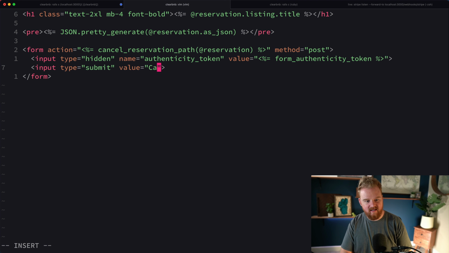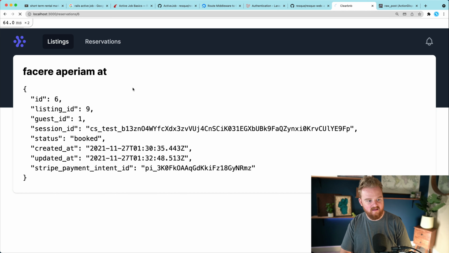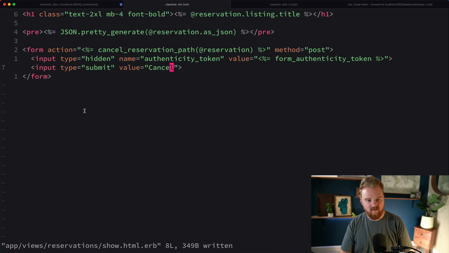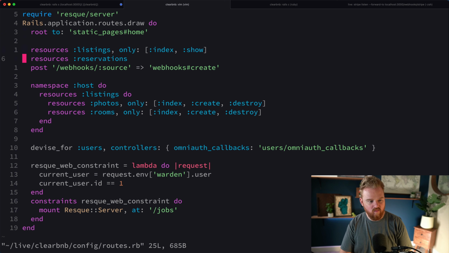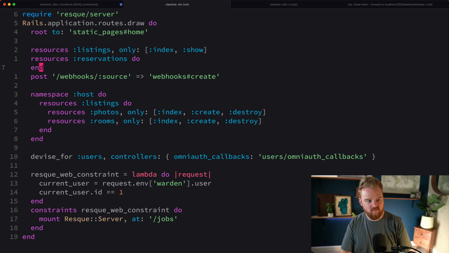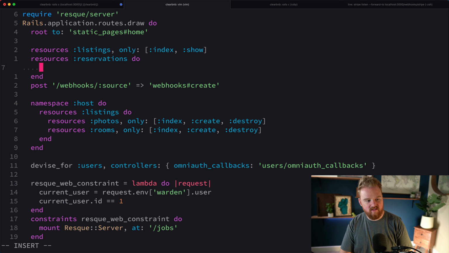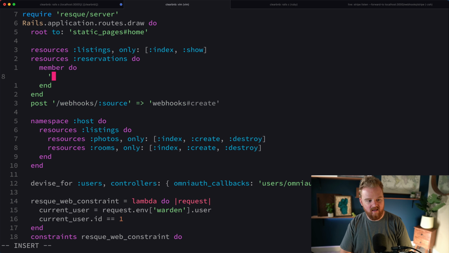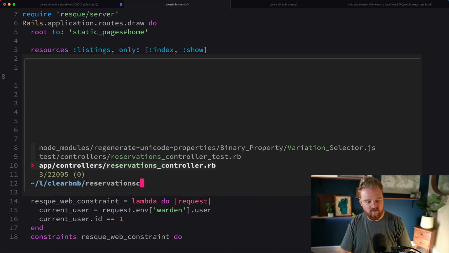And we'll make the button say cancel. And now we should have a route where we call this do. And this is going to be not for all reservations, but for a specific one, or a member of the reservations collection. So we say member do. And this is going to be a post request to /cancel. And this will go to reservations cancel, reservations controller,